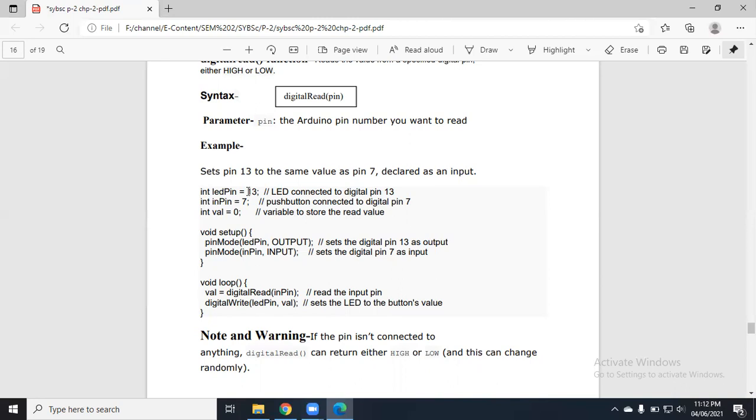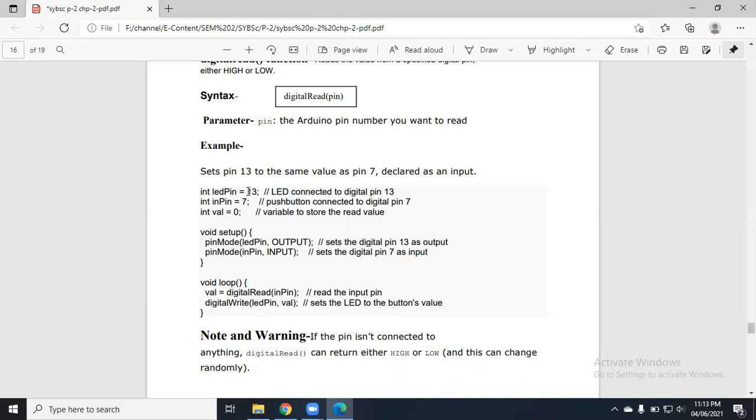Suppose in this problem there are two different pins given, and you are asked to show the same data which is present on the first pin on the second pin. Whatever data is present on the first pin, you have to show the same data on the second pin. How to do that? First of all, you have to use two pins of Arduino. You have to choose any two pins. I have selected pin number 13 and 7, as it is given in the question that I have to decide two pins. Along with that, I have used one register whose name is val, and it is of integer type. The initial value of that val register is 0.